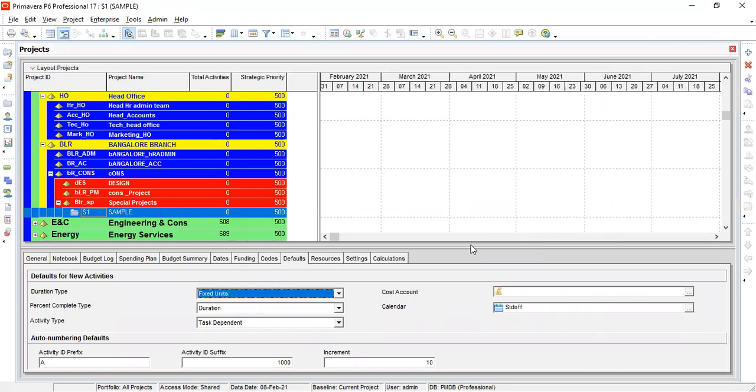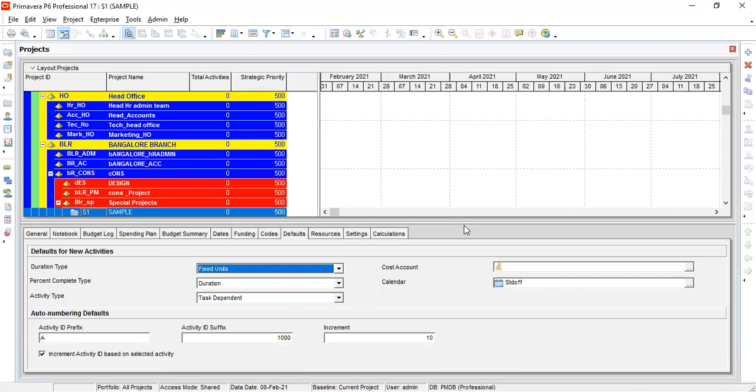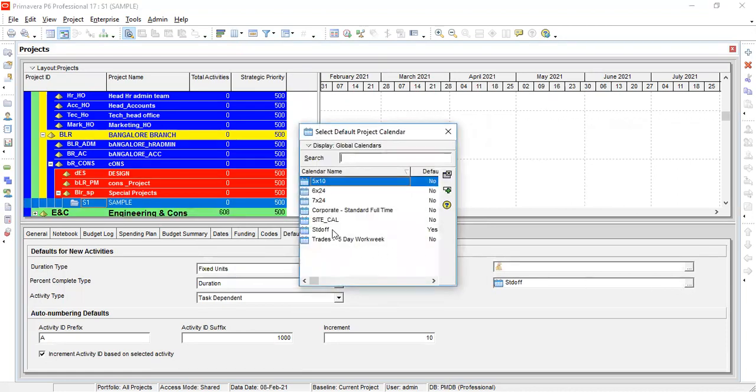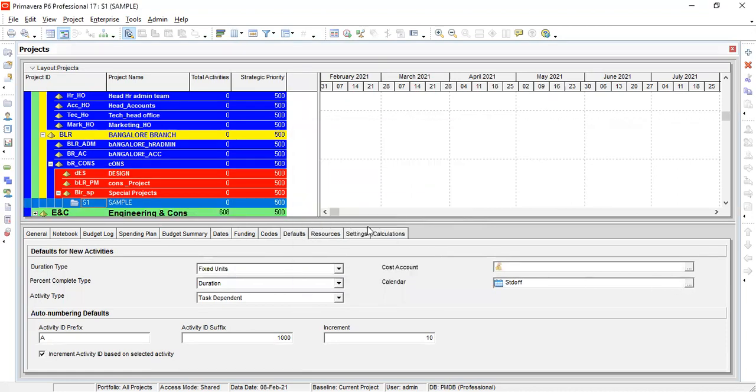So defaults, in the sense, what are the default methods of calculations? Here units, under this thing, calendar only, here you can see, sir. Standard office calendar. Here task reference code: sample, yes, sample 1. And then here, starts with 1 or 2 or like this. Starts with 1, increment should be 1. So it's sample 1.